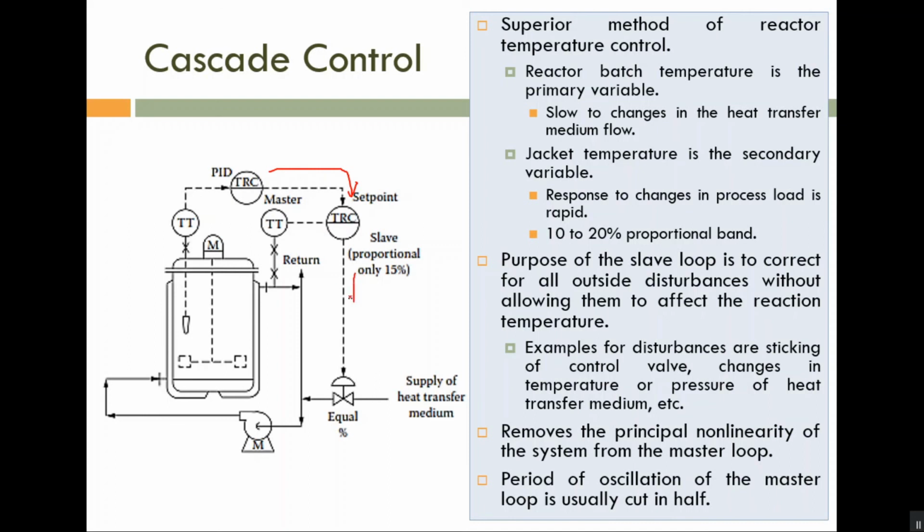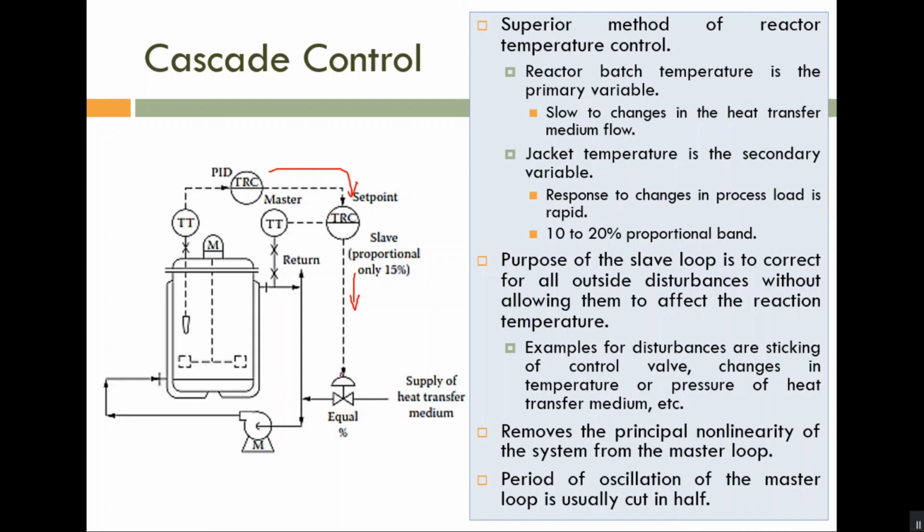So the purpose of the slave controller is to modify the control signal if the temperature carried by the jacket is not equal to the required value. Required value means the primary controller output is the required value, and the jacket temperature is not equal to it. Then we can say that something is happening inside the process, some variation, some disturbance. One disturbance is nothing but the temperature gradient. We can expect disturbance, or temperature variation, due to some other reason.